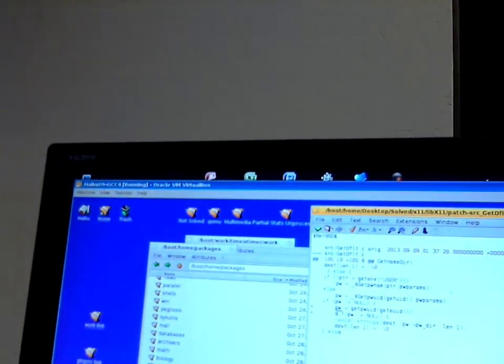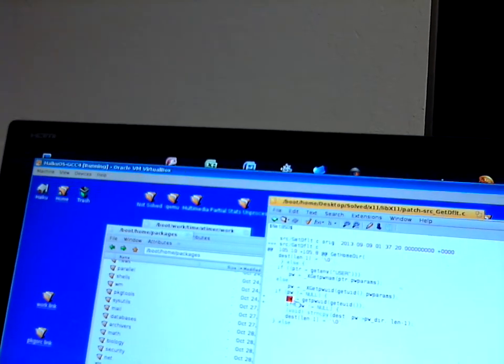PW equals, the password parameter. It'll complain there's not enough arguments, or this is not a type, or I don't know what half these errors say. But this verbiage here, this PW equals get PWUID and get EUID, comes straight from the